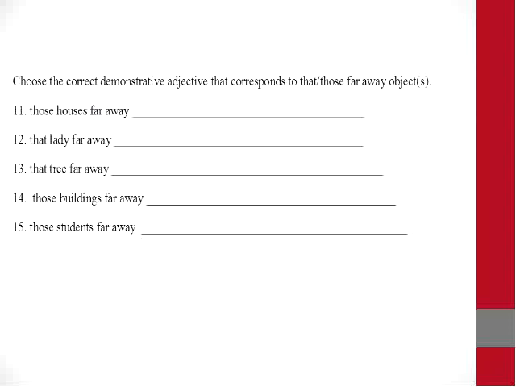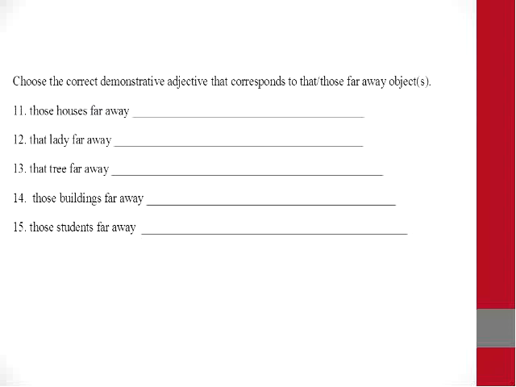So let's review. Let's write these down. So 16. Okay, what's 16, guys? I'm sorry. There's no 16. What's 12? Aquella mujer o señora. Okay, muy bien. 13. Aquel árbol. Acento en la A. 14, aquellos edificios. And our last one, 15, aquellos